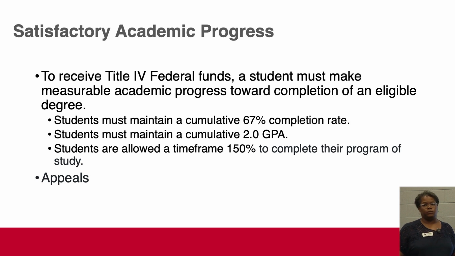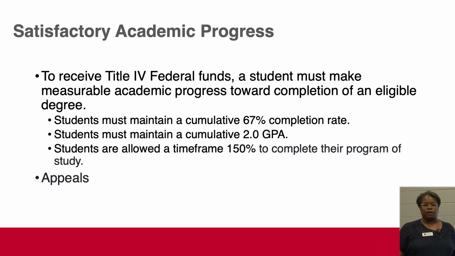With financial aid students, if you've been here for more than one term, you will find that you have two GPAs, one on the academic side and one on the financial aid side. The difference with the financial aid GPA is that no courses can be excluded. If you were to take a class and make an F and retake that course and make an A, we have to count both the grade of F and the grade of A. On the academic side, they can exclude that F because that A will take its place, but we can't exclude that F in the financial aid calculation of your GPA.